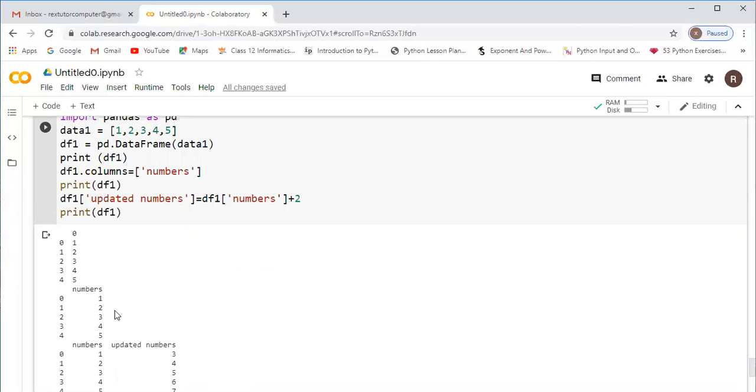In the next class, we will see how to select a column from the data frame using iloc, how to delete a column from the data frame, and some binary operations, all that in the next class.